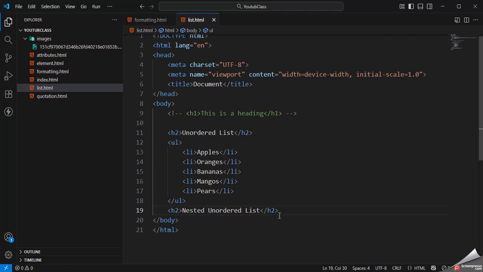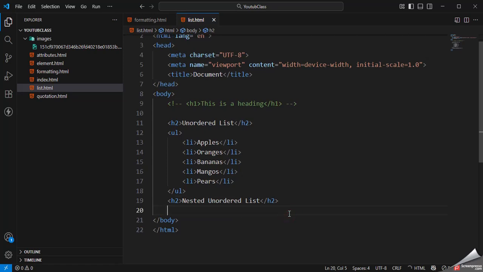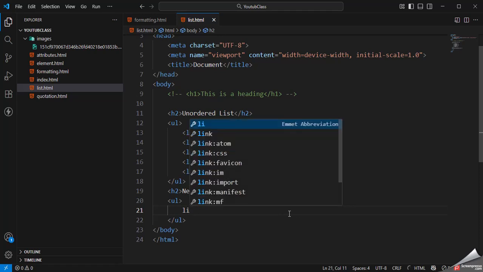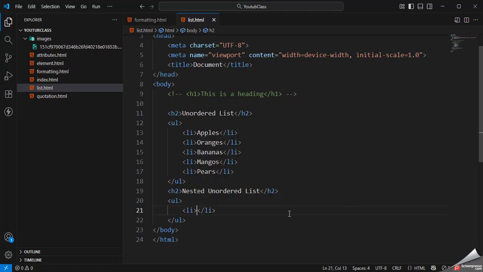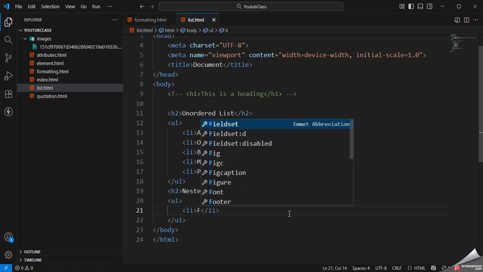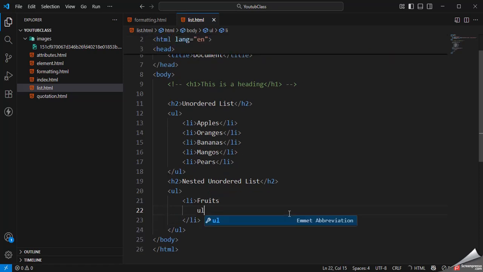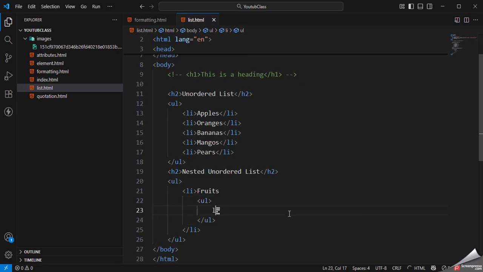First of all, I have my ul and then my li. This one is the first list we want to nest. Let's say under this one I want to list fruits. So inside it I'm going to have ul again, and inside it I have li, where I will list the types of fruits we have, like bananas,